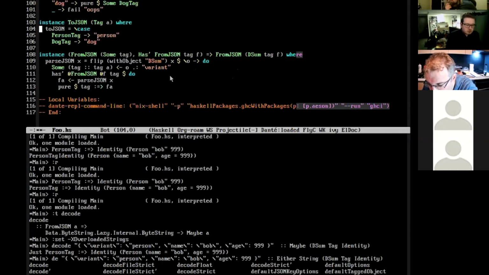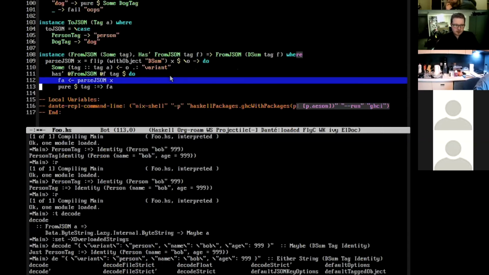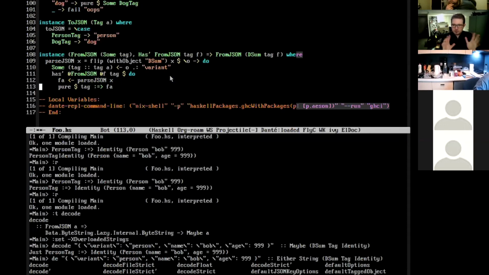Yeah. So I imagine you could put something a bit more explicit here, possibly using the alternative instance. I'd be surprised if you couldn't extend the error stuff in Aeson to say something at the beginning like for variant whatever, couldn't parse blah.